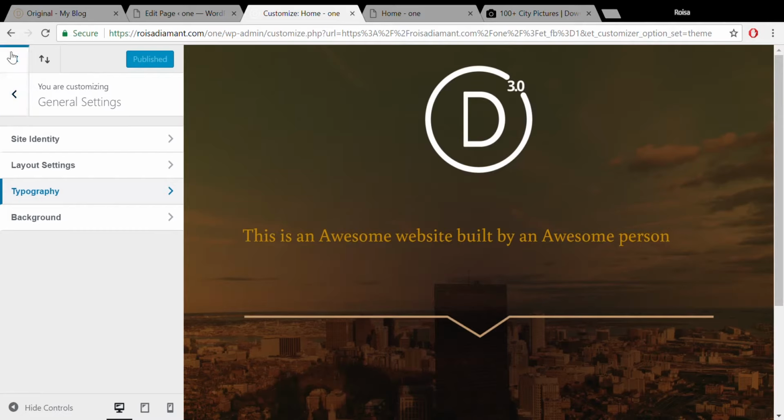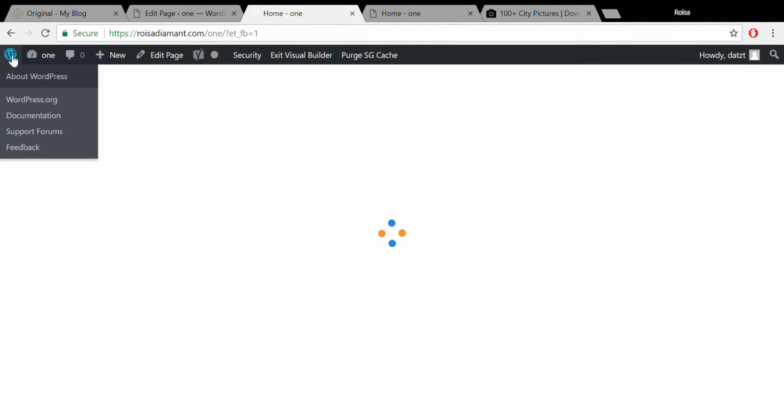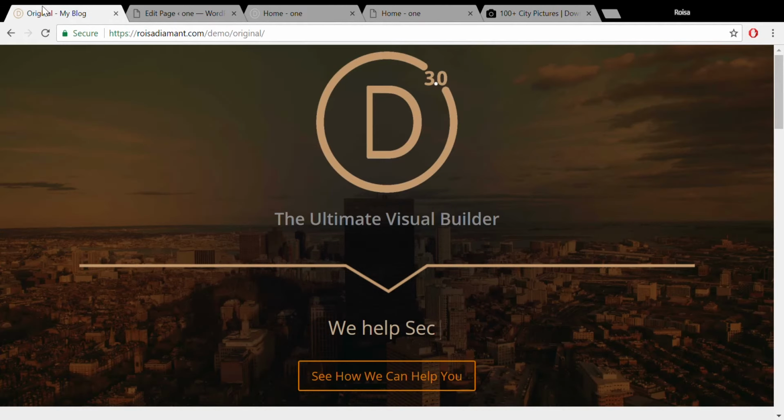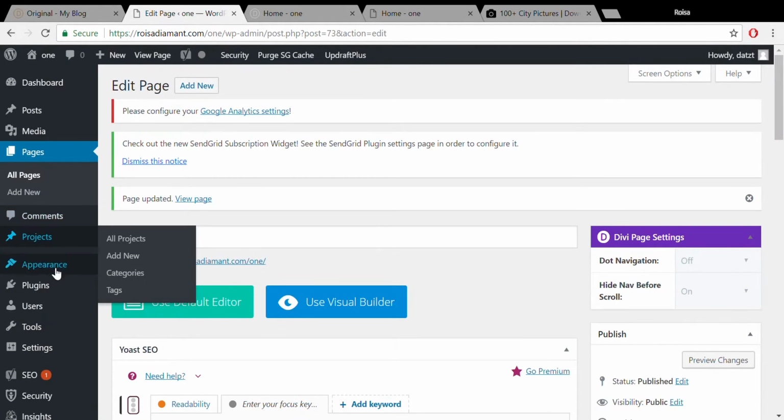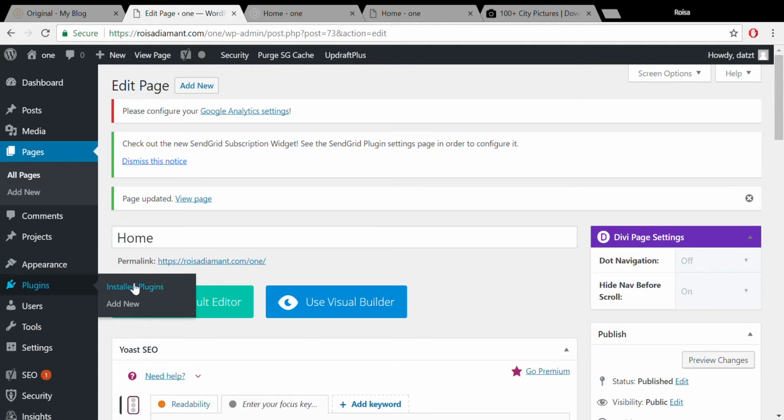And now we can go out of here and back to our visual builder. So we've got the logo, we've got the writing, we've got this divider line. Now we want to do this typing effect. This typing effect is done by a plugin, and thanks to Divi, we don't need to know any coding again. So plugins,